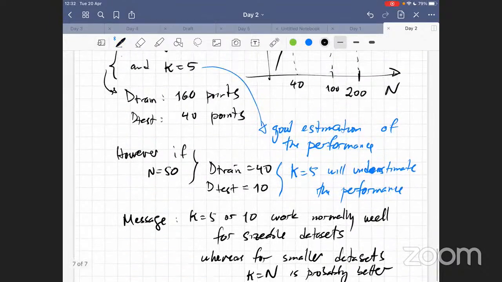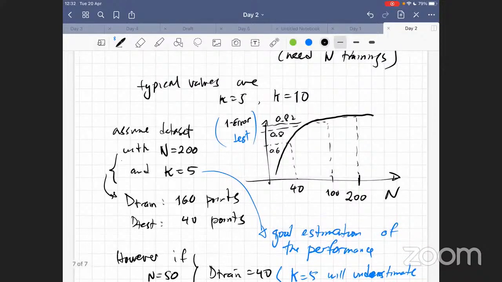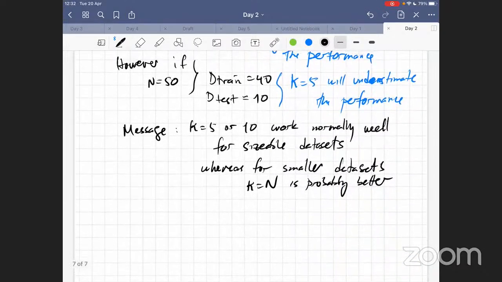So this is more or less how one could think about the behavior of this k-fold cross-validation procedure as a function of the number of parameters. And then,